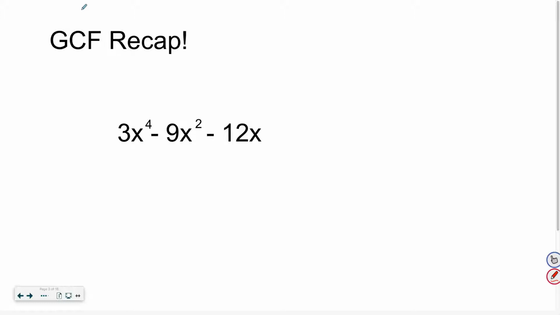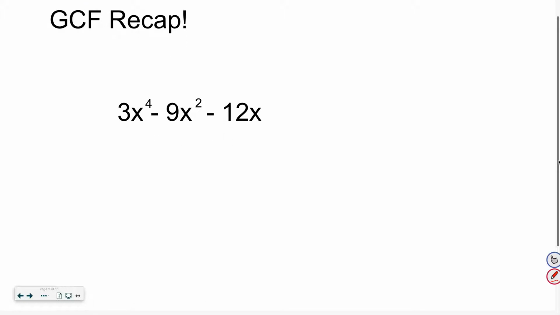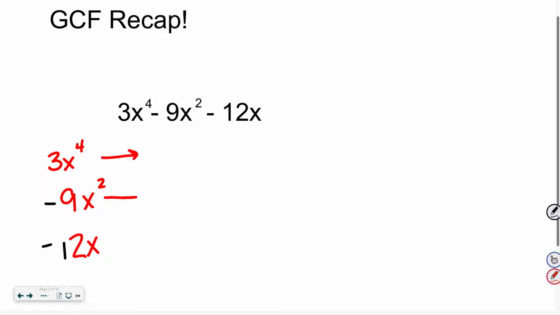Yesterday, what did we need to do in order to identify what the greatest common factor of this polynomial would be? Breaking it out. We broke out every term. So if I have 3x to the fourth, negative 9x squared, and a negative 12x, can I break out the factors of each of these terms? How could I rewrite 3x to the fourth to break out all of the factors? 3 times x times x times